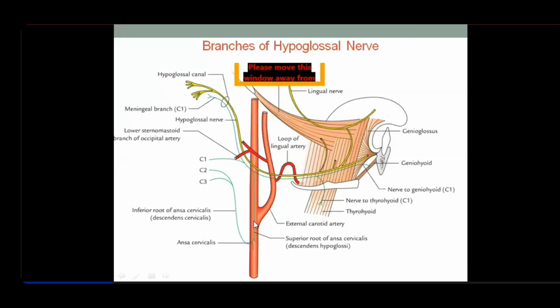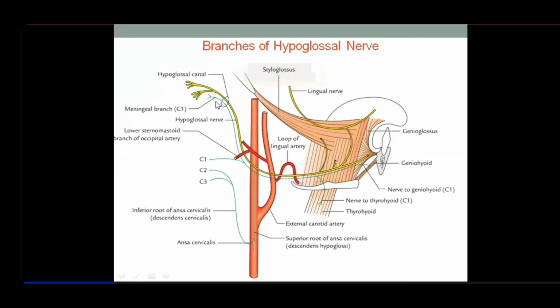Now we are talking about the fibers of the C1 segment. Look here, this is the spinal cord, right? From the spinal cord, these are the branches arising from C1, C2, C3 spinal segments. You can simply remember that C1 joins the hypoglossal nerve, right? The sensory fibers from C1 will join the hypoglossal nerve, and they will blend into the common epineurium. So the fibers of C1, when they are running within the hypoglossal nerve, will ascend back and